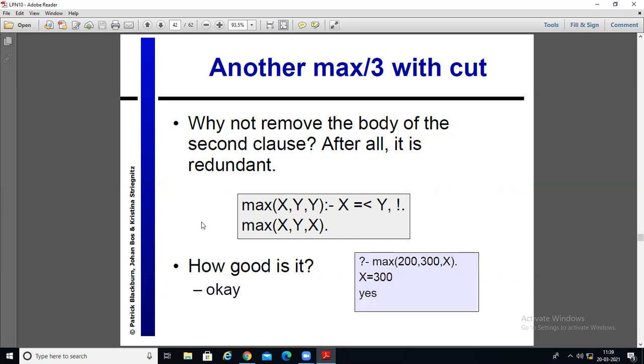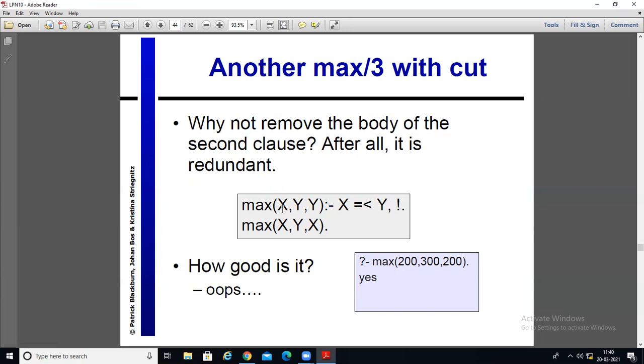See, maximum of 200 and 300 and then x. So it is going to return x equal to 300. Okay. Yes. But if you have max of 400, 300, x, then you will get the answer x equal to 400, yes. But if it is like 200, 300, 200, then what will happen over here? It will give you true. Why? Actually, it should be false, but it will give you true.